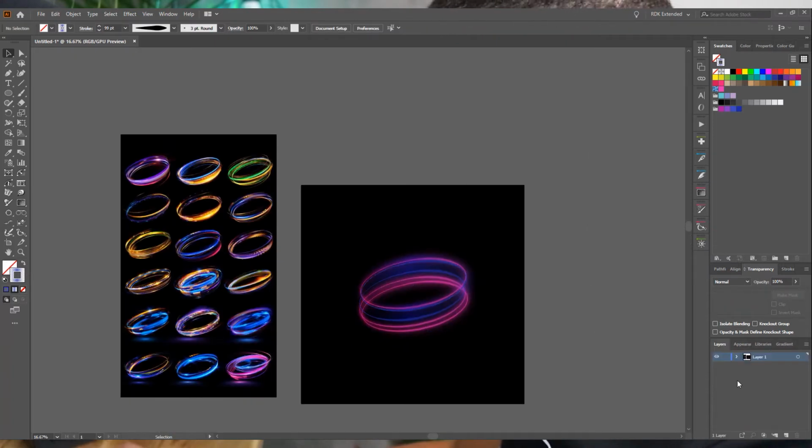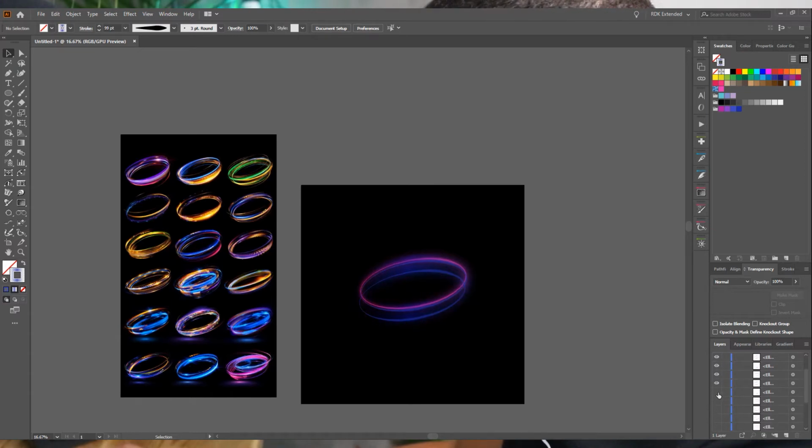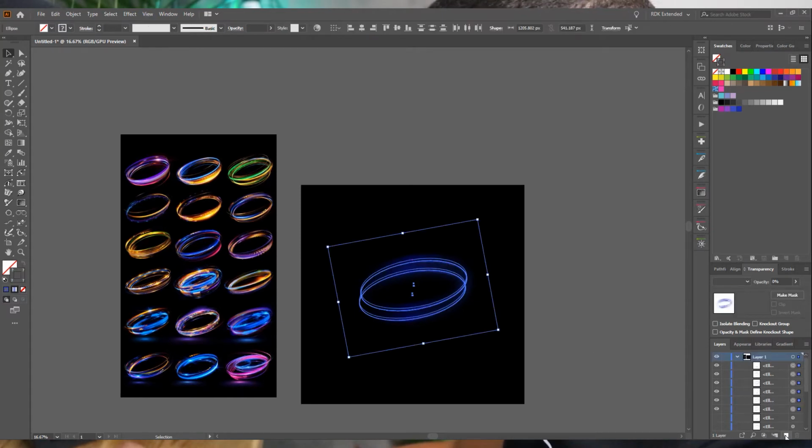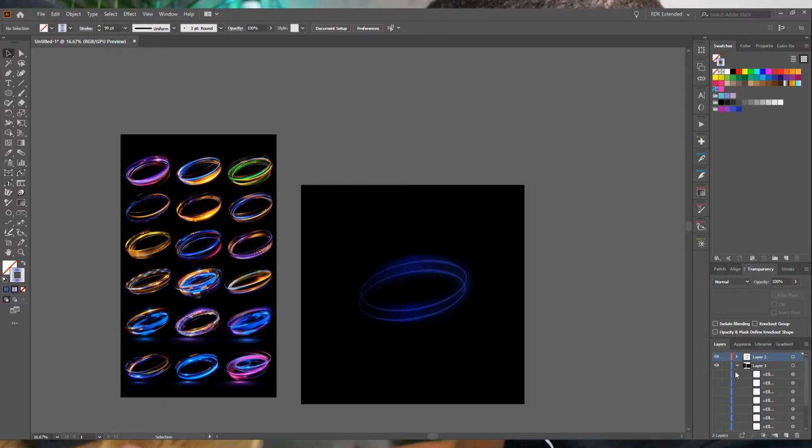I'm going to go into my layers panel now just to see what's going on here. And as you can see, you can't actually see anything. So I'm just going to check which ones are which. I know I've been doing them as 3. There we go. These are the ones I wanted to keep separate. So I'm going to select and drag these up. Okay, that didn't work. There we go. If you drag the little blue marker here and drag it onto your layer, you can separate those out so it goes onto its own layer. And to be honest, it's good to label these as well. So I'm going to say blue